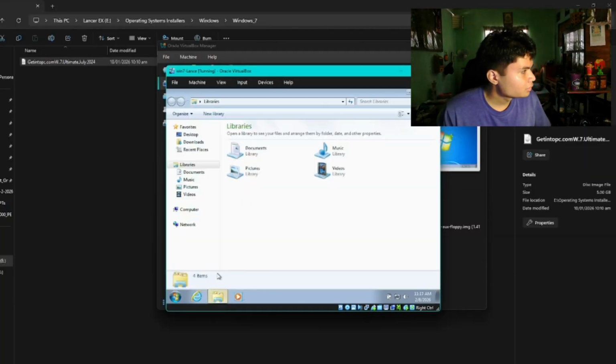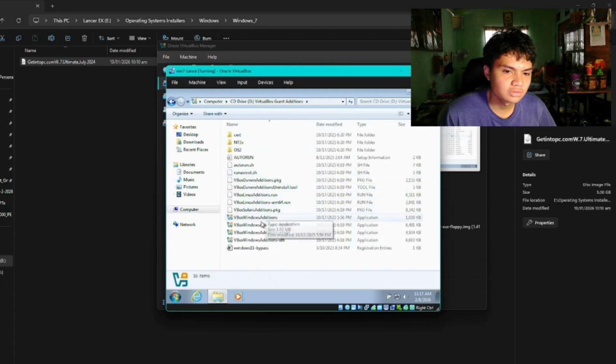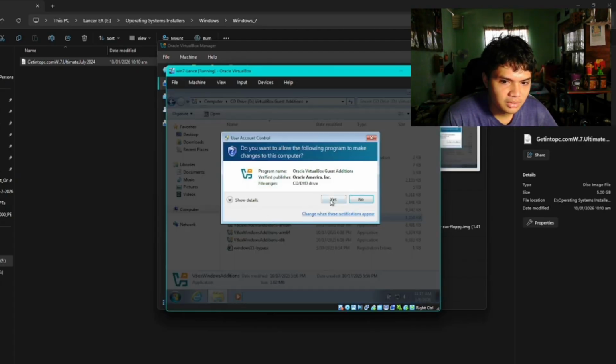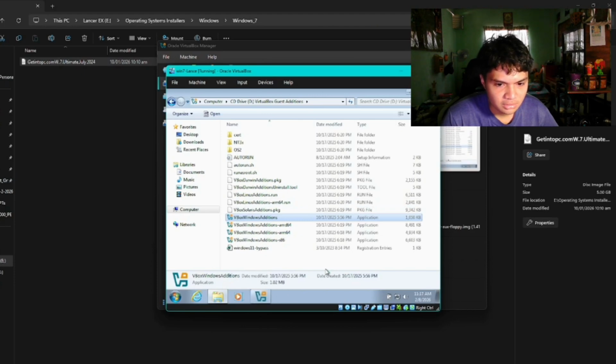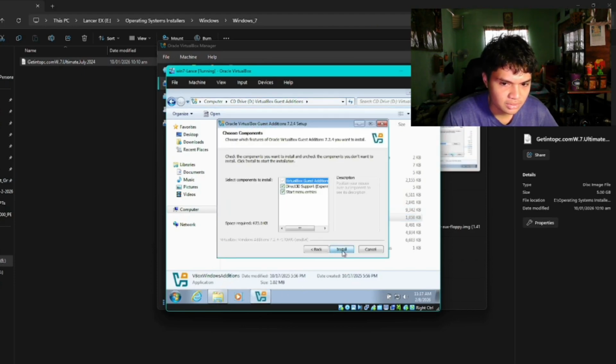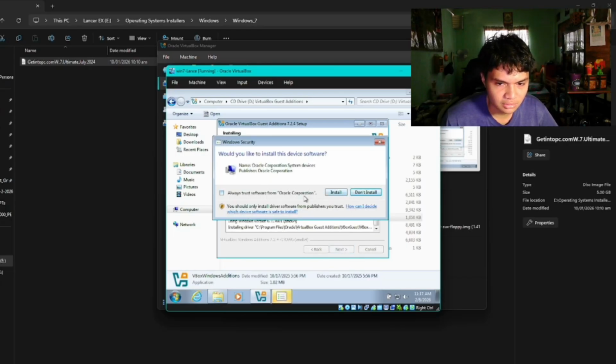To install Guest Additions, you need to insert the Guest Additions DVD, then open Guest Additions on the PC. Just press yes, and it's opening, then press next, then install. It's going to install hardware.